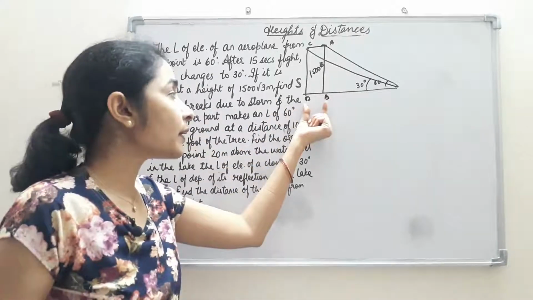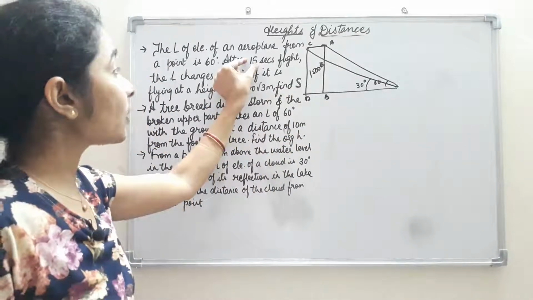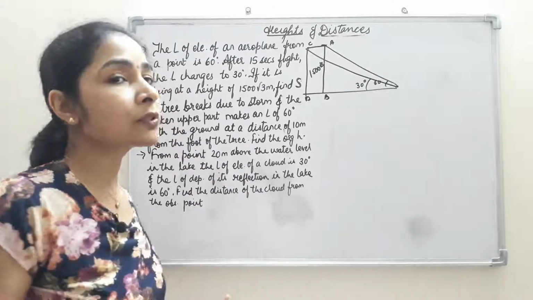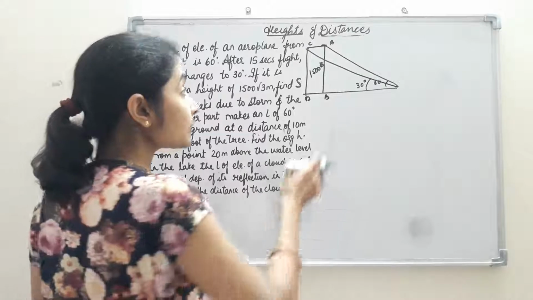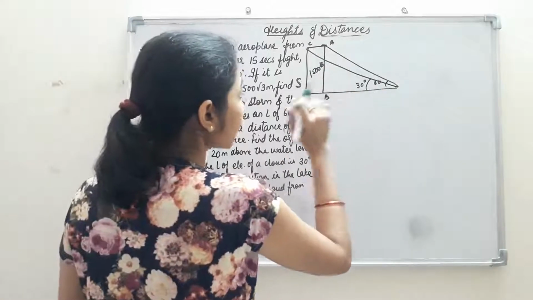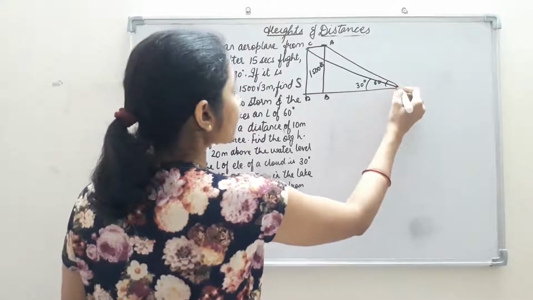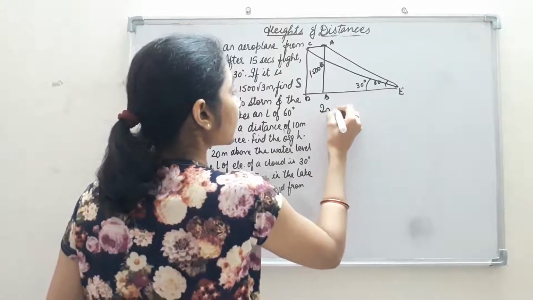That means if we find out this distance DB, then here we are already given the time, as in the previous question we did, so we will just divide it by time and we will get the speed. So starting with the first small triangle, that is triangle ABE. Let us name this point, the observation point, as E. In right triangle